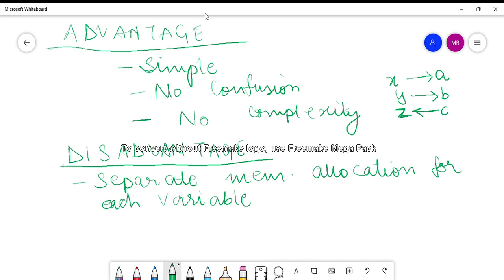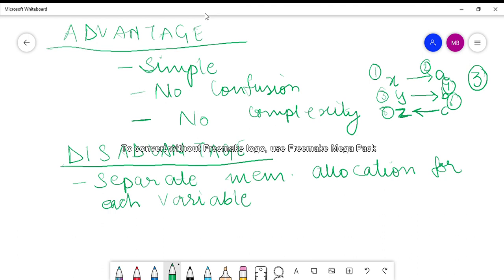That means for three different values, 6 memory allocations were made, right? We had 3 values, but for those 3 data values, 6 memory allocations were being made. So separate memory allocation for each variable was being done, which is basically unnecessary utilization.